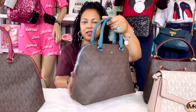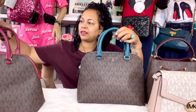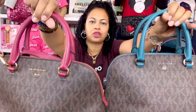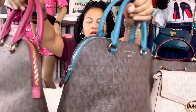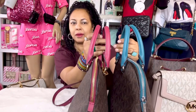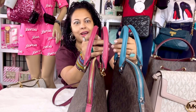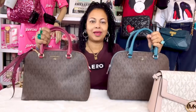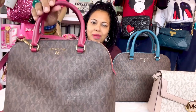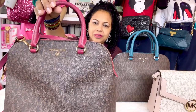So this is the lovely cyan, and then this is it in fuchsia. So this is it in the fuchsia color, the pink fuchsia, which I'll be back on camera to discuss some more fuchsia colored bags in my collection, because all of the companies, when they make fuchsia bags, they make different hints and different shades of fuchsia. So we'll be back to discuss more fuchsia bags out of my handbag collection, but this is the Cindy Dome